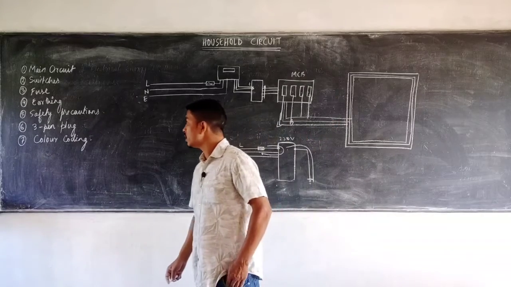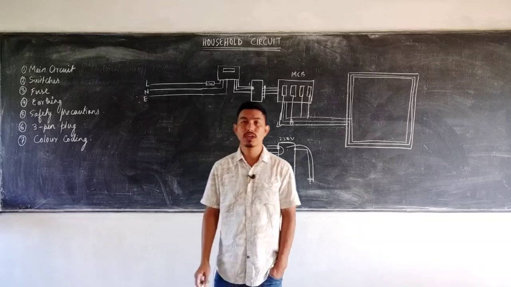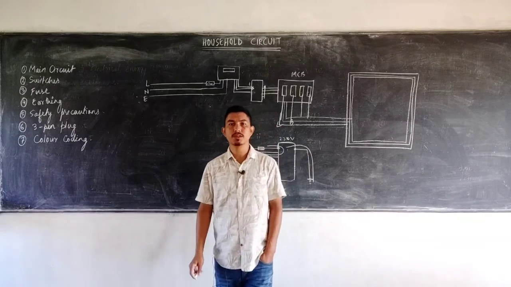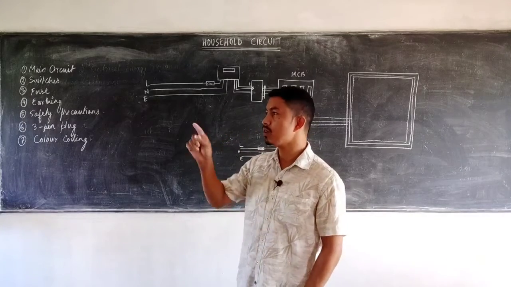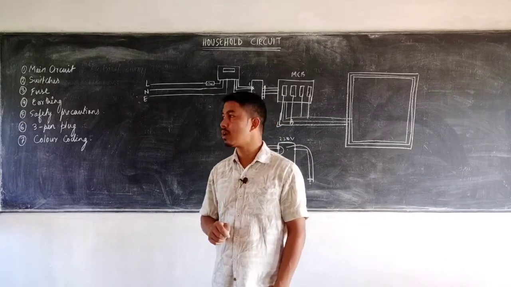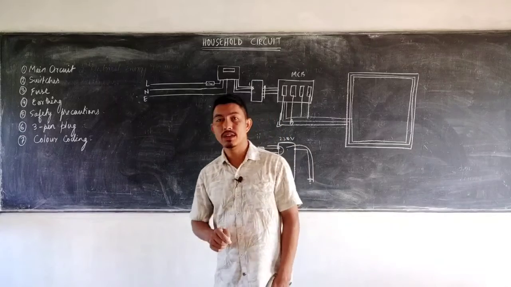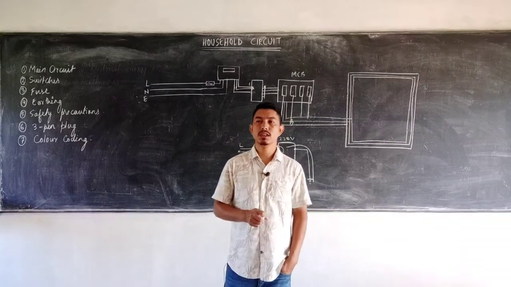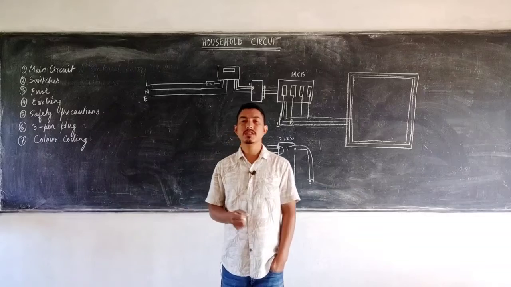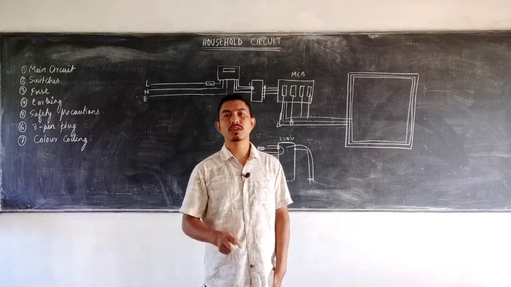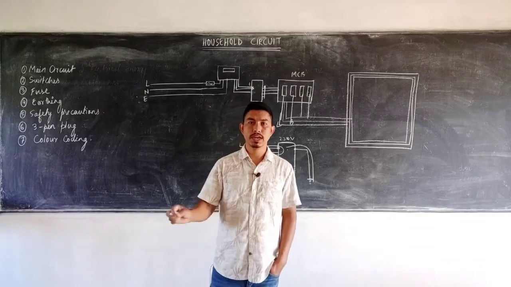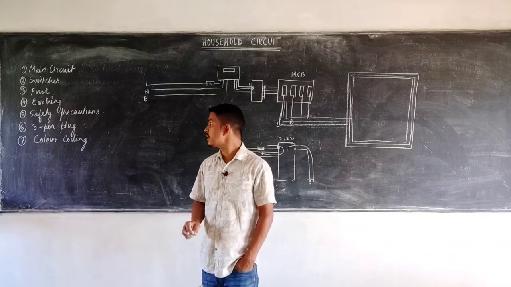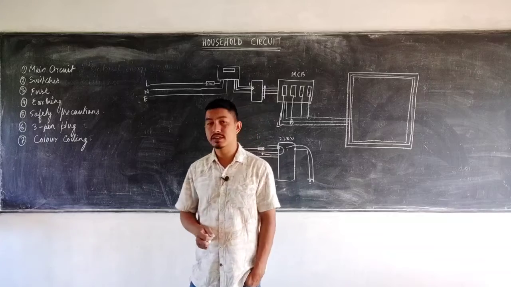Now coming to the fifth one, the safety precautions. We are well aware of the safety precautions that must be taken while playing with electricity. The first one being, we should not touch the switches with our wet hands. Another one is, we should not use cheap appliances. And if there is any defect in your appliance, do not try to repair it yourself. We need to go to a specialist or a mechanic who is expert in repairing electrical gadgets.